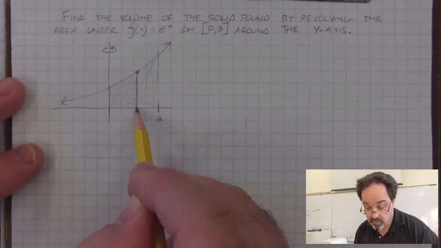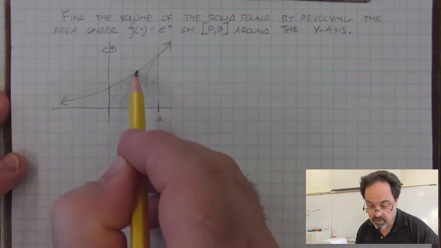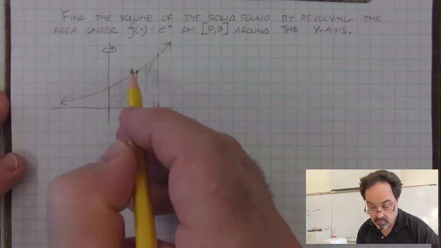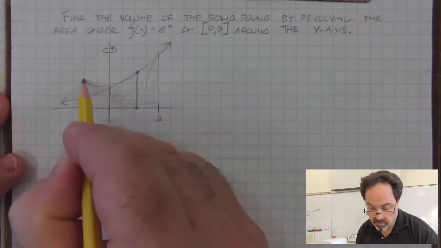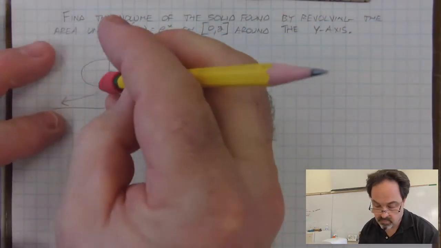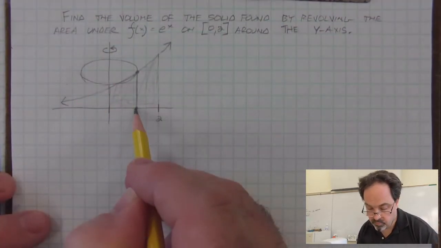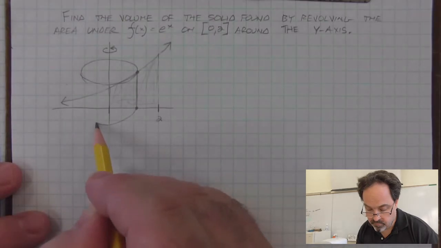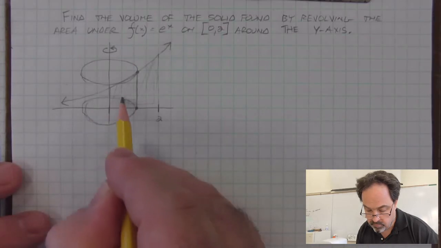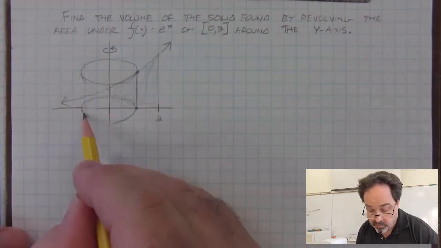It would help us to visualize what that might look like by focusing on the point on the function and thinking of it revolving around the y-axis in a third dimension. It would trace a path if it was able to come out of the paper much like this. If the bottom of the line were also rotating around the y-axis in the third dimension, it would trace a path that was circular. But in this case, it's not a washer that gets created